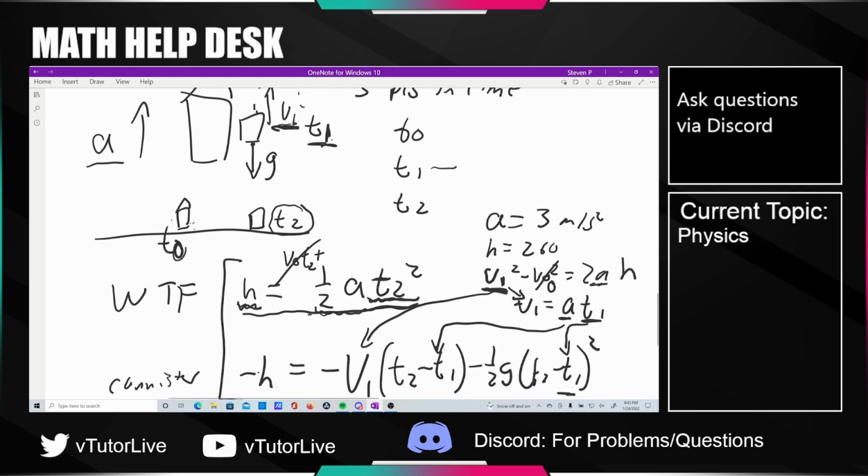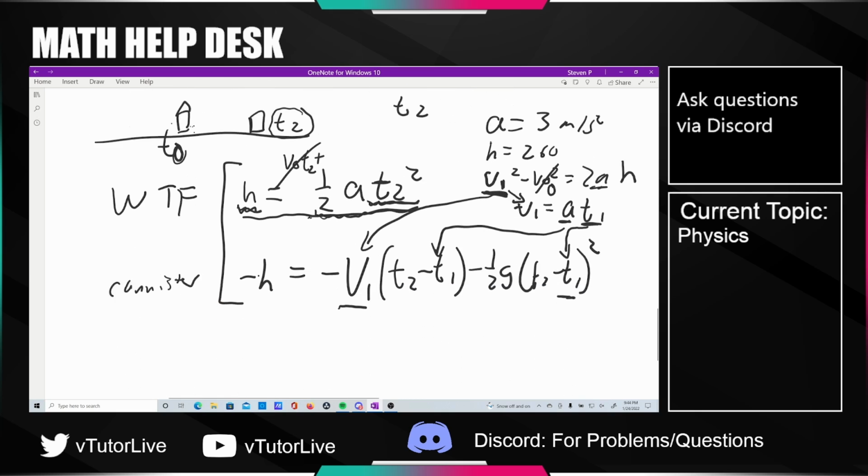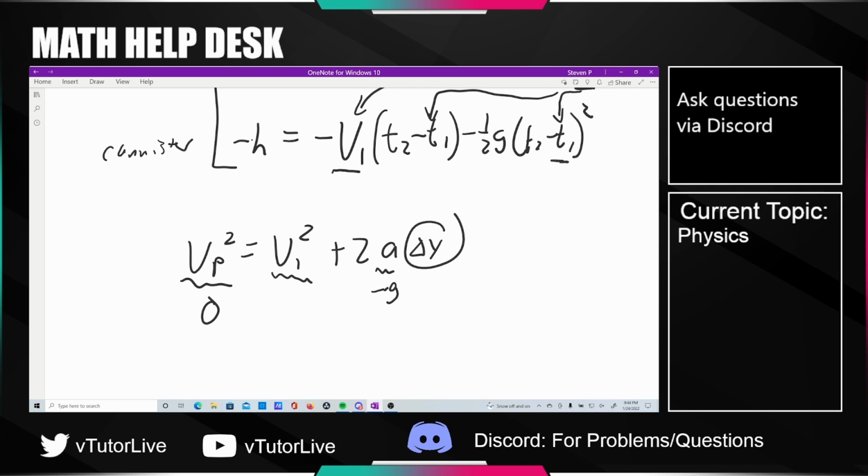So I think that strongly hints us to use the equation that relates the two velocities together, right? This is sort of vf and this is sort of v naught. And that's great for us because vp squared is equal to v1 squared plus 2a delta x. Excuse me, I guess this is delta y, just because we like thinking about y being vertical. But we know this a is just minus gravity, remember? And we know this vp is just 0. So this is what we want to find, and this makes it very easy to do that. Yes? Remember, this is the delta y